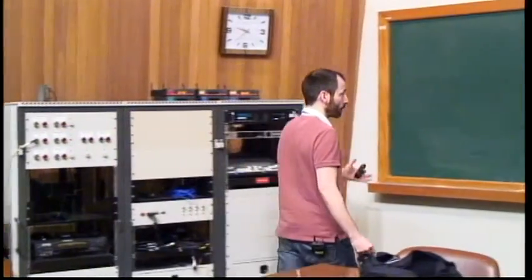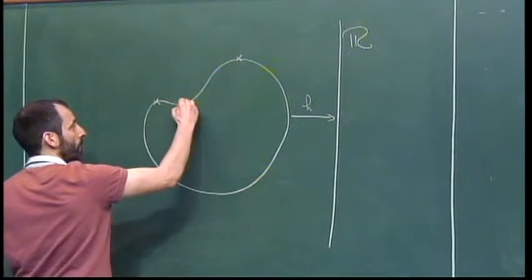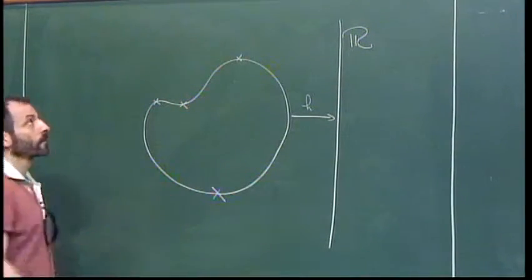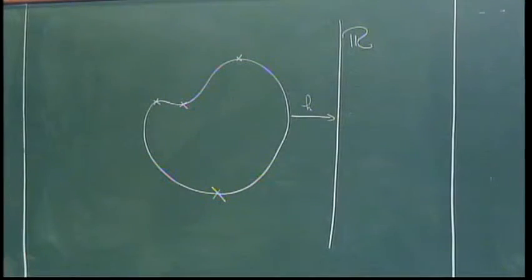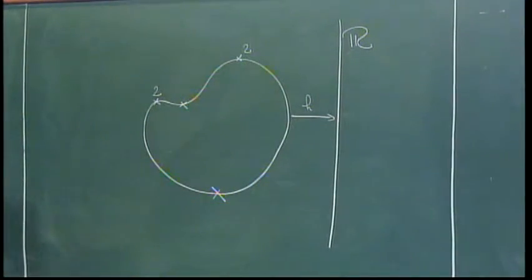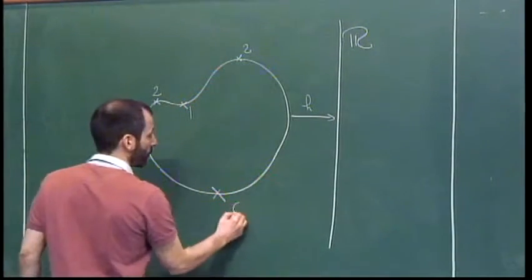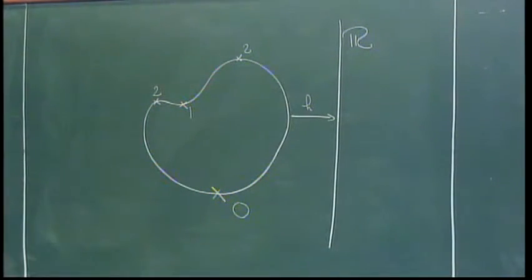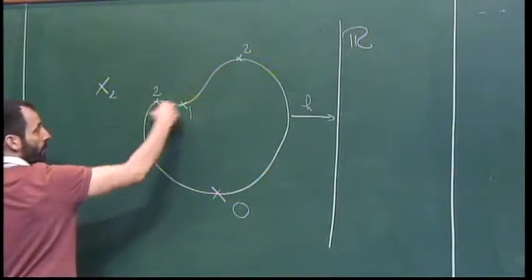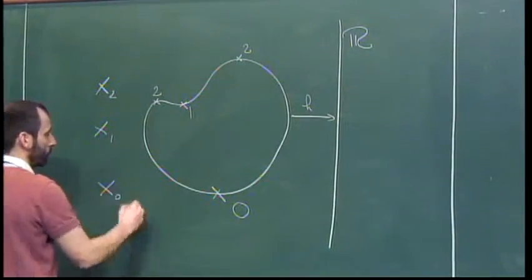The idea is the following. Imagine we have our critical points of the height function. They're here, here, here, and here. For each k, we let Xk be the number of critical points of Morse index k. So we see that these two critical points have Morse index 2, so there are 2 of them. This critical point here has Morse index 1, there's 1 of it. And this critical point here has Morse index 0. So we have these 3 different sets. X2 is here, it's this pair. X1 is here, it's this one, and X0 is here.